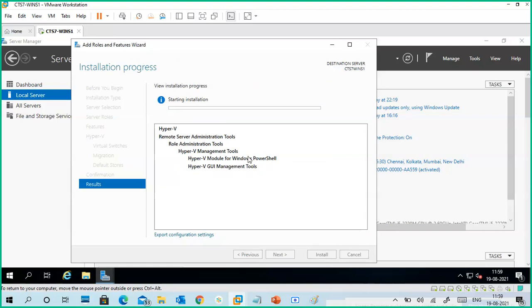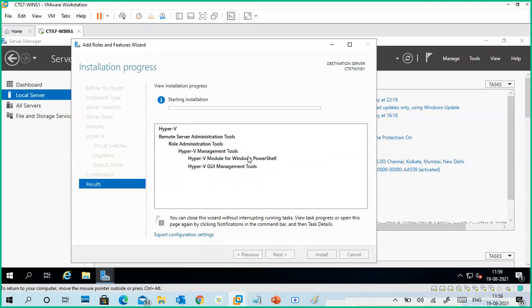Let it install. It will take time, maybe 10-15 minutes max, if no other issues are there.